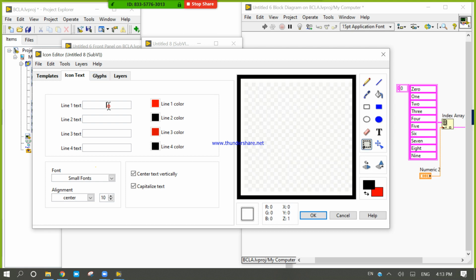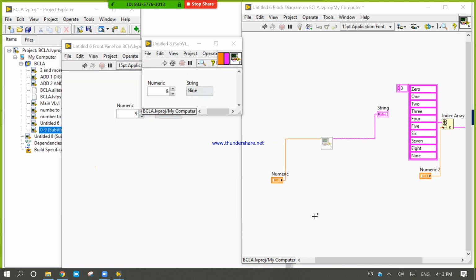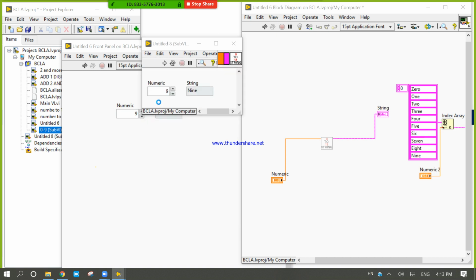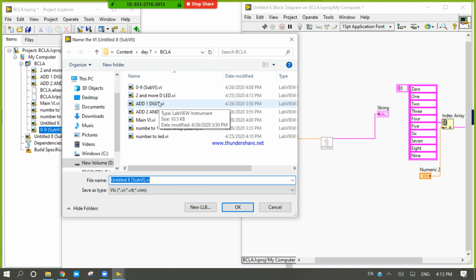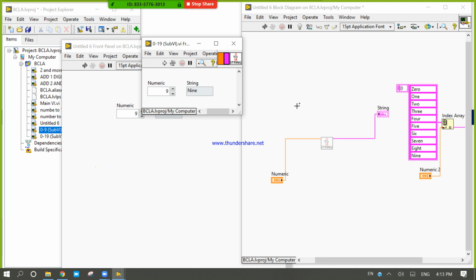Now 0 to 19 string, 0 to 19 string. Okay. 0 to 19. From tomorrow we will start other things. Okay.